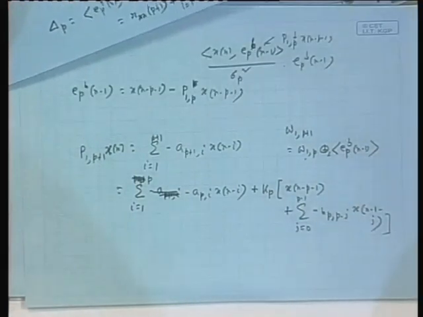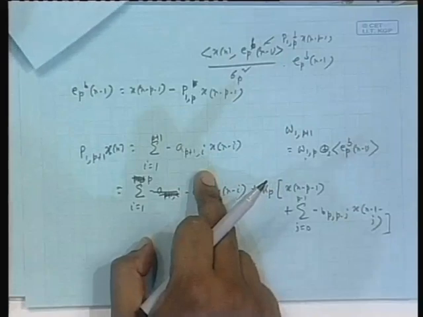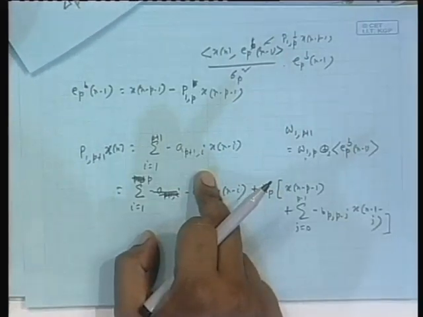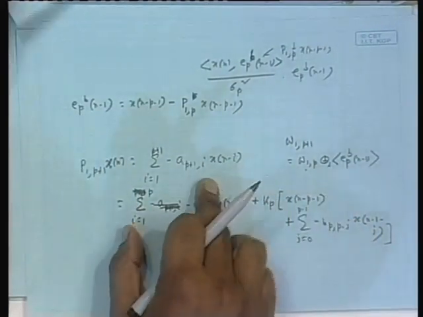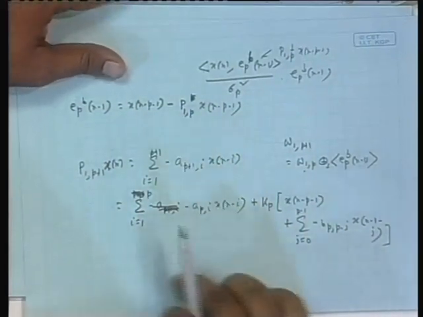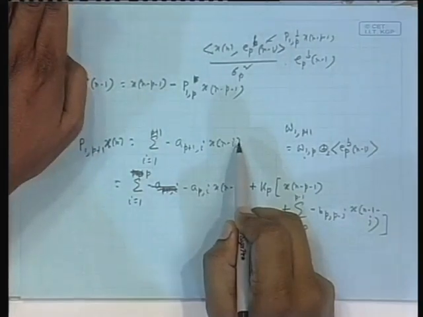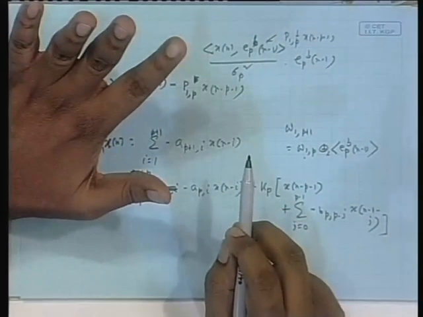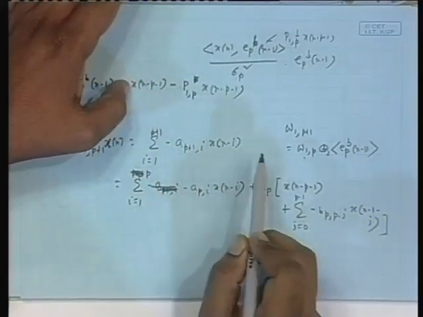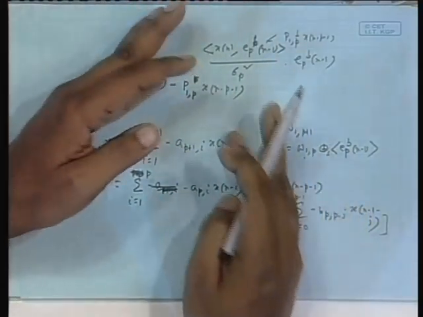Okay. This I want to write in this form. So, here, what are the terms involved? Please see the terms involved: x n minus 1 to x n minus P minus 1, P plus 1 terms are involved. What are the terms? x n minus 1, x n minus 2, in this summation x n minus 3, up to x n minus P minus 1. This I am writing like this.